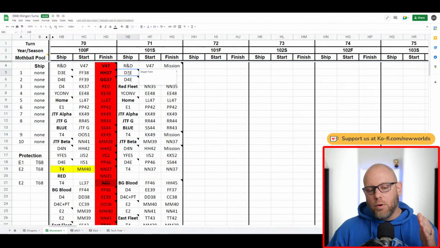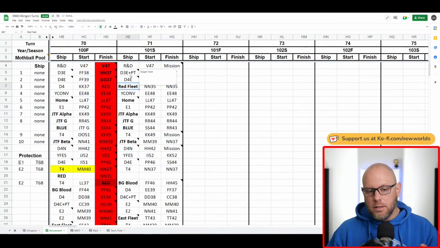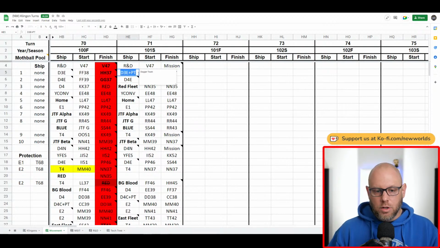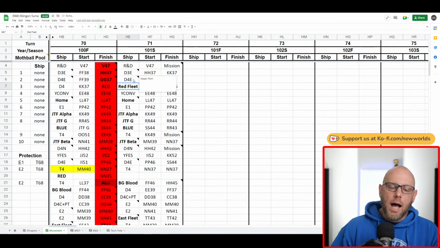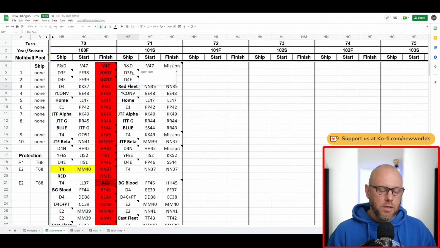To be able to properly note that, there's two ways you can do that. You can either do this, which would be D3E plus a prime team, and you can certainly do that. Or you can put in the comments, which is what's happened here, dagger team. So six of one, half a dozen of the other, it's up to you. But the good thing about the note is because it represents what's on the